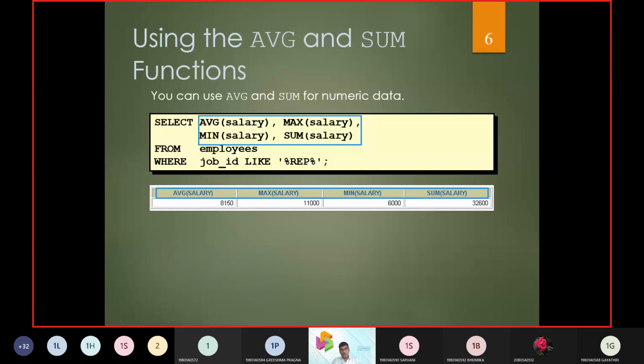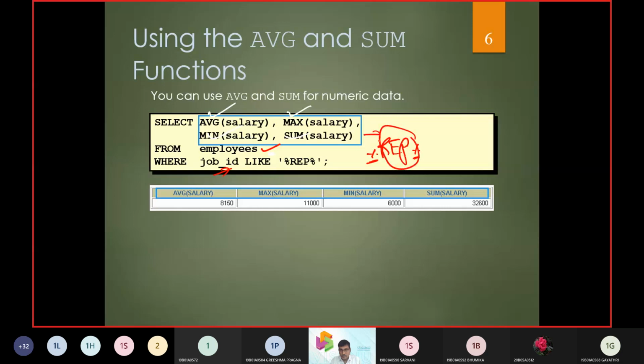So now this is a simple way of applying average, minimum, maximum and sum of a salary, and it is going to be operated on the employee table. Where it operates, it works on the job, where the job's first part can be anything, the last part can be anything, but compulsorily REP.